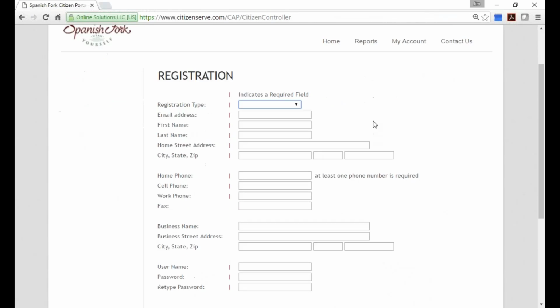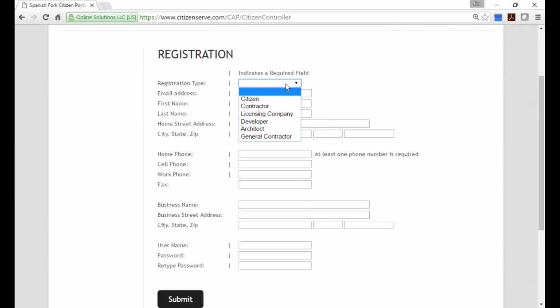And there's different registration types. You can set up anything. Some people just have contractors. Some people break it out into plumbing contractors, electrical contractors, and stuff like that. So each one of these different registration types can have different required fields, and